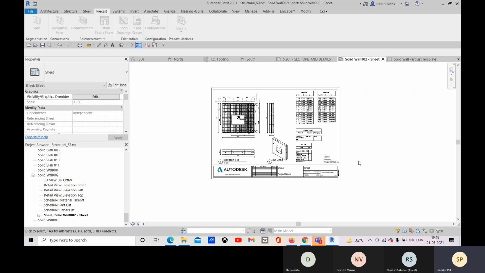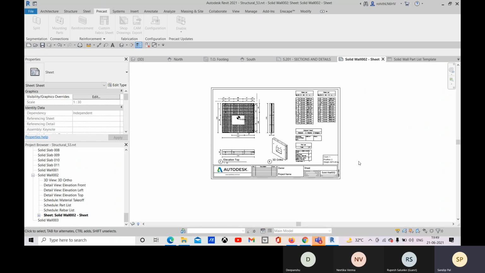So shop drawings will be provided during LOD 300 to 400. You can provide during LOD 350 to LOD 400. This is a must, because LOD 350 is like your good for construction stage, where you provide all the details for construction.